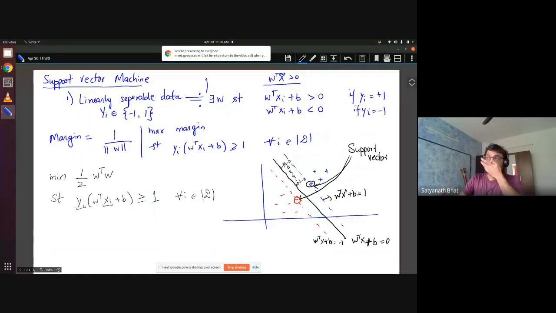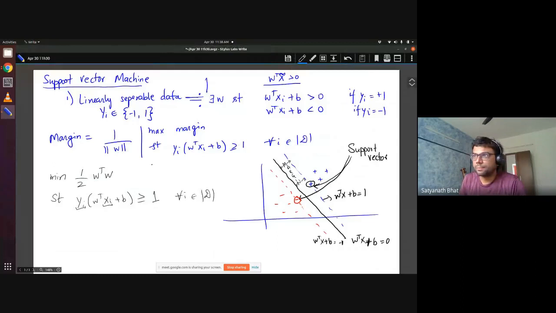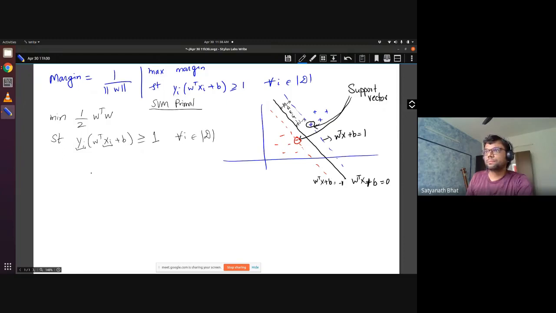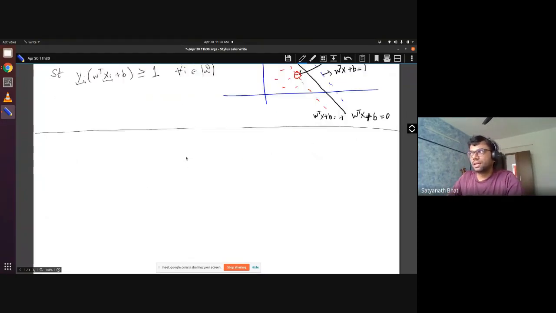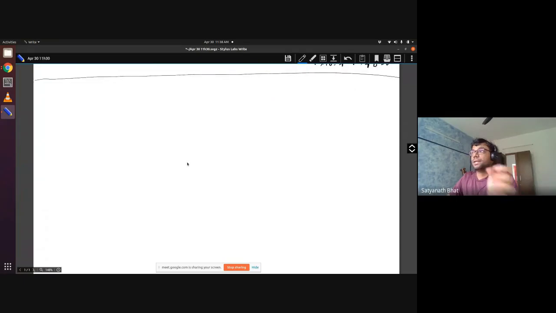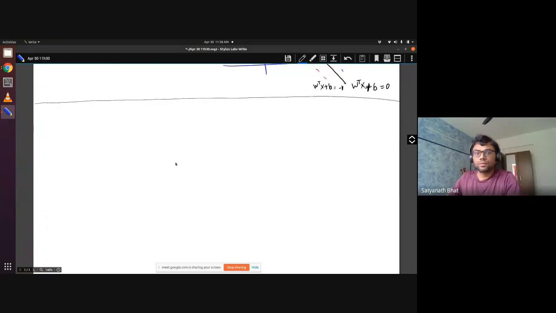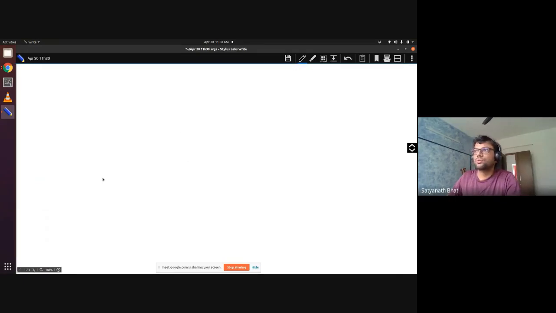So now, this is our SVM primal. And now we need some way in which we can solve it. For this purpose, yesterday I just gave a quick intro on the optimization portion that is required. So let us go through it again so that it becomes very clear. We will do that very quickly, and I will ask you all the steps.